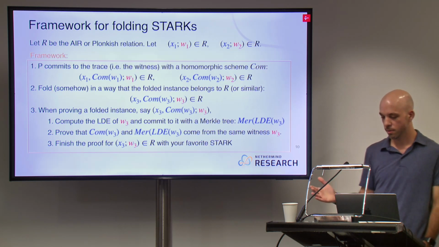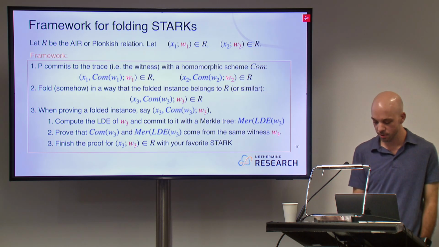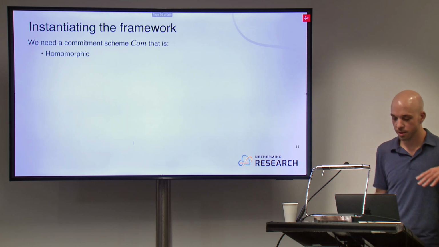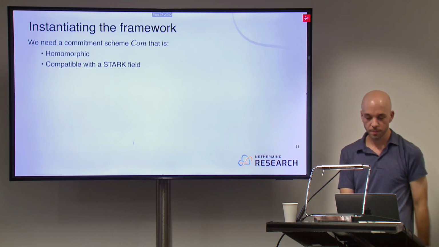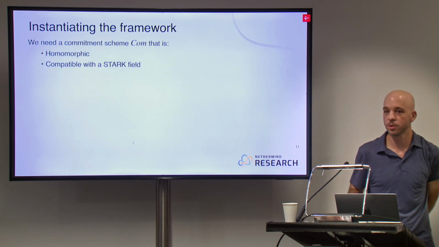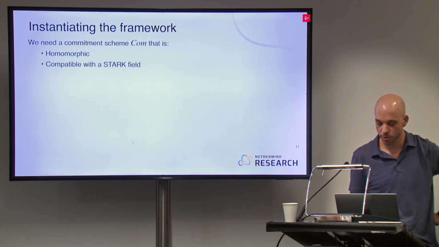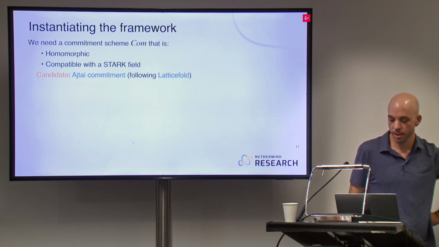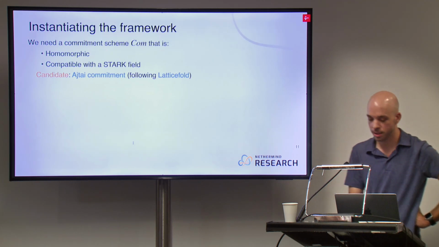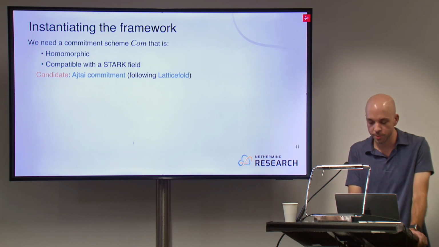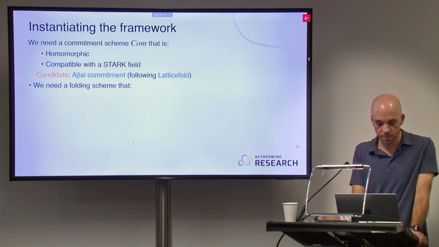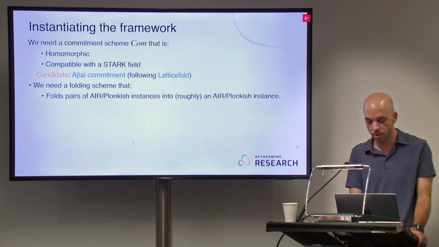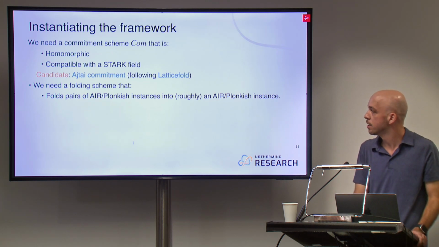So this is the framework, speaking abstractly. And now how do we instantiate it? As we saw, we needed a commitment scheme that is homomorphic and compatible with a Stark field, because when proving the folded instance, we want to use Plonky2, say. So the candidate commitment here is the Ajtai commitment, following the lead of the LatticeFold paper by Boneh and Chen. And then we need a folding scheme that folds pairs of AIR or